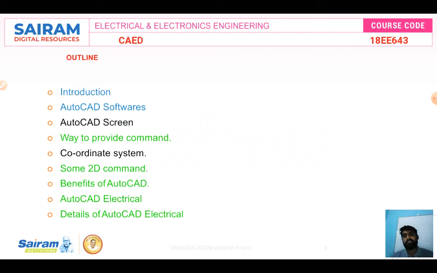Only the benefits of AutoCAD for planning purposes, for extension, for correction, for accurate planning. So we want a CAD, right? And AutoCAD Electrical. Not only do they mention electrical, because in our syllabus we are going to discuss only electrical, not mechanical, not civil. Even though automobile people also use AutoCAD. Details of AutoCAD and electrical also we'll discuss.